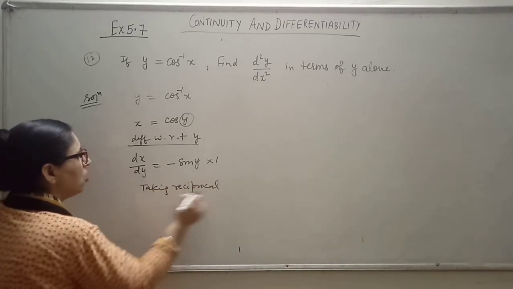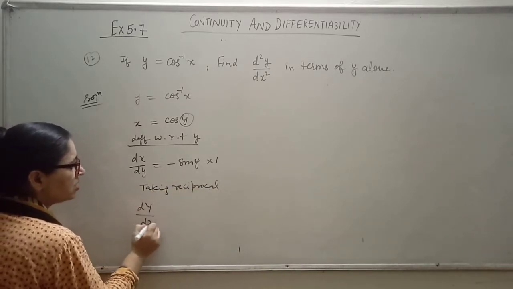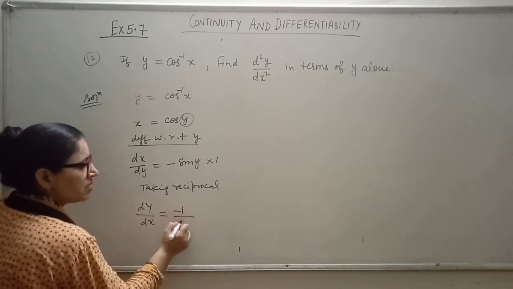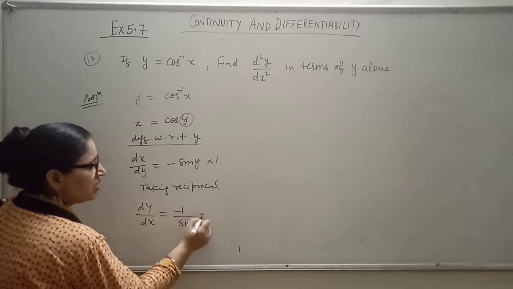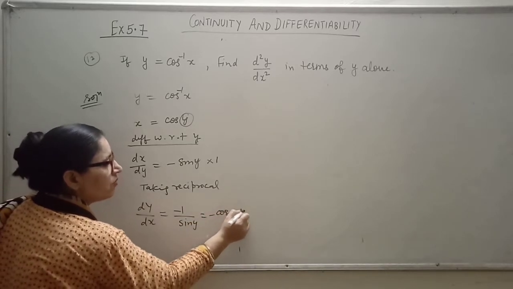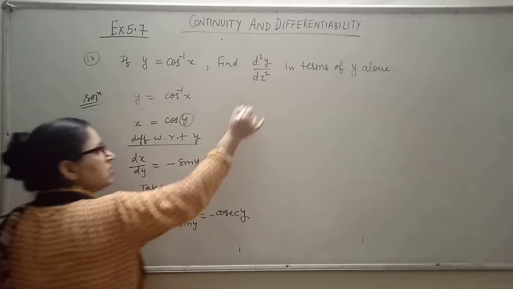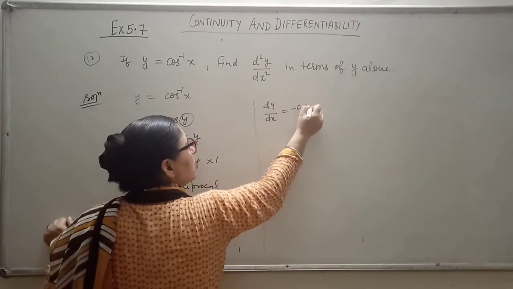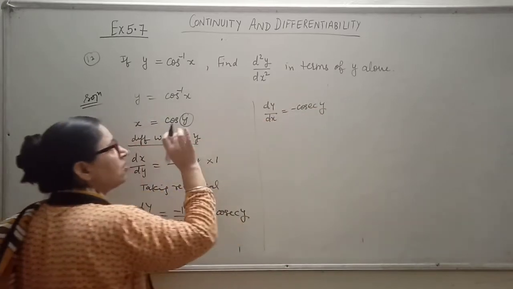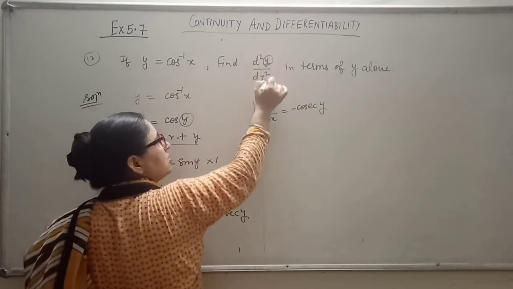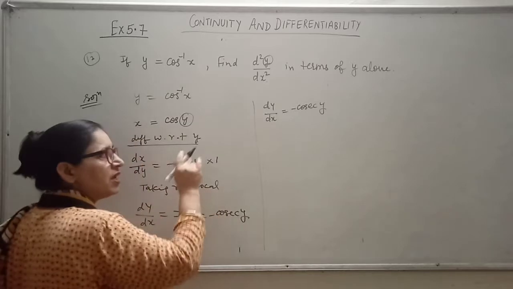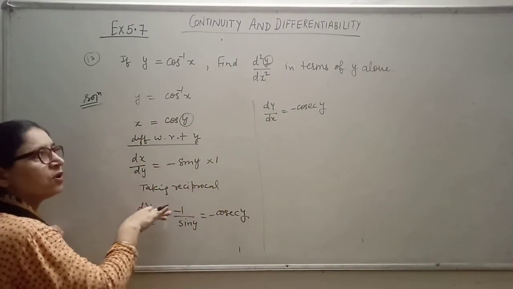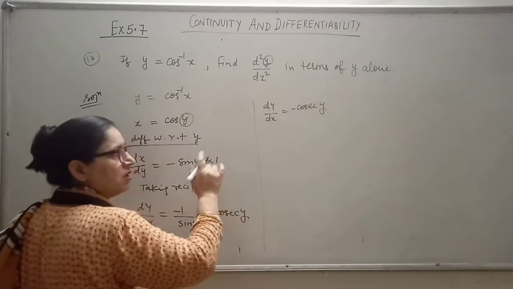So it would become now dy by dx. क्योंकि जब मुझे सेकेंड ऑर्डर लेना है डेरिवेटिव, तो ये हो जाएगा माइनस वन अपॉन साइन वाई, है ना. वन अपॉन साइन वाई इज इक्वल टू माइनस कॉसेक वाई. ओके, सो दिस इज dy by dx इज इक्वल टू माइनस कॉसेक वाई. क्योंकि जब आपको सेकेंड ऑर्डर डेरिवेटिव y का चाहिए विद रिस्पेक्ट टू x, तो y ऊपर ही चाहिए हमें y. तो अभी अगर आपने dx अपॉन dy किया, तो टेक इट्स रेसिप्रोकल टू गेट दिस y हियर,